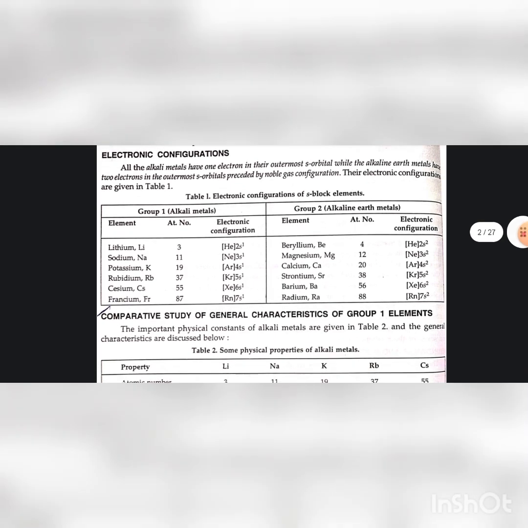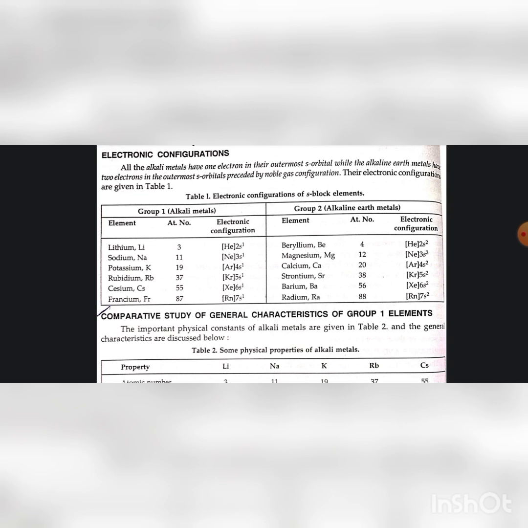Electronic configuration. All the alkali metals have one electron in their outermost s orbitals, while the alkaline earth metals have two electrons in the outermost s orbitals preceded by noble gas configuration. Their electronic configurations are given in table 1. First is group 1, alkali metals. Elements are lithium, atomic number 3, electronic configuration [He] 2s1,